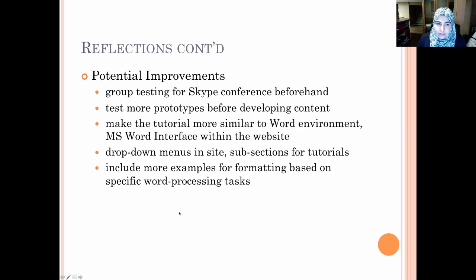Some improvements that we would make to the process and to the site itself, and to the design, are as follows. We would do group testing for the Skype conference beforehand. Our first meeting with Dr. Spanis didn't exactly go according to plan, and we had technical difficulties getting everyone in the meeting at the same time. So something that could in the future prevent that would be to have a group testing beforehand that actually includes the professor, to make sure that we don't delay